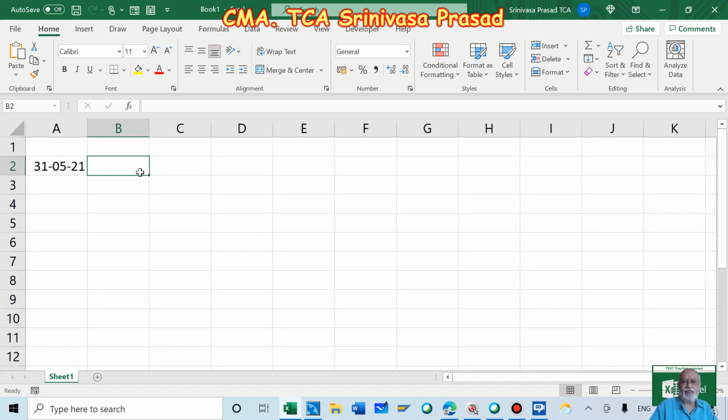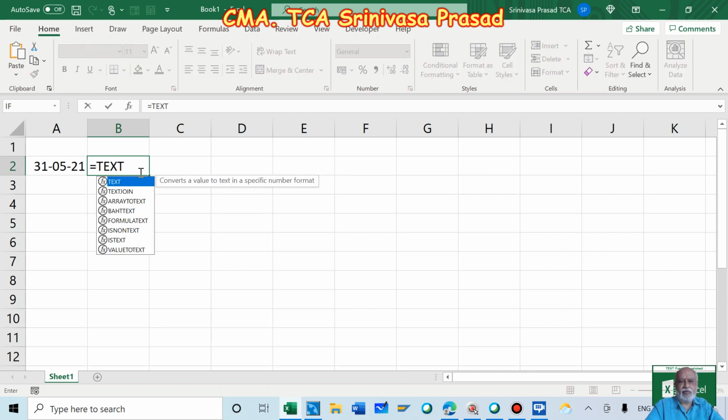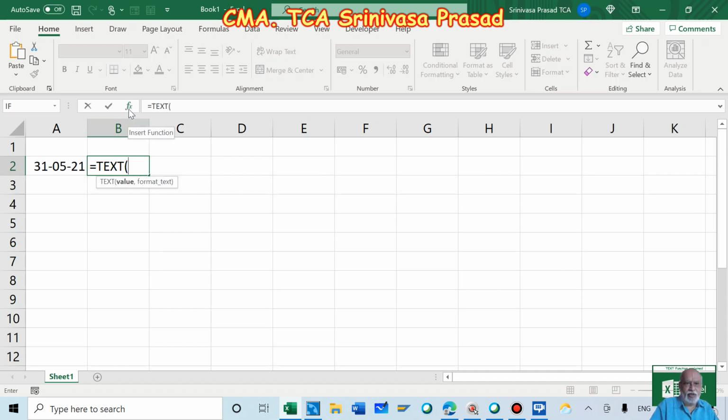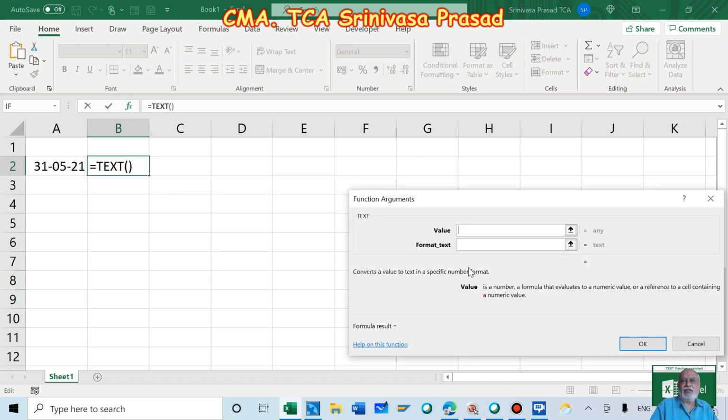Now let us say the function is TEXT, open bracket. I don't know how many of you have seen this particular place. It is called the function X function. When you click it, it talks about how to write the formula: you can take the value and then you can format the text.